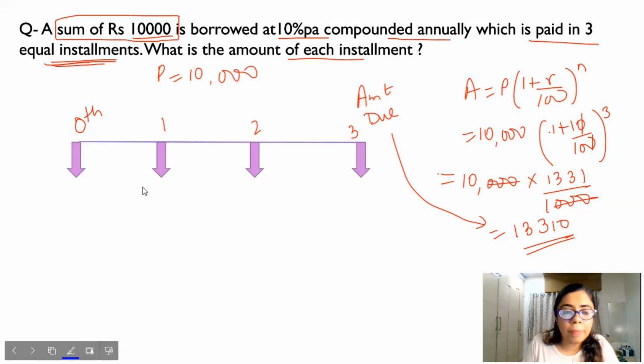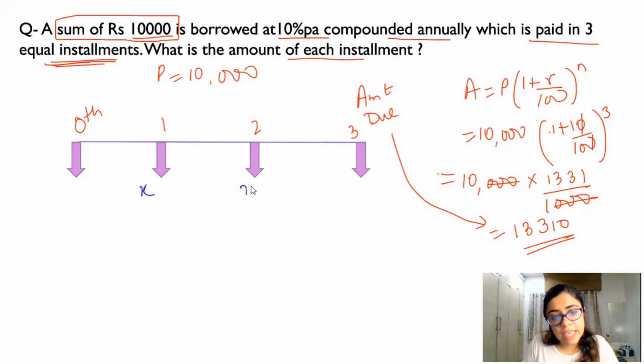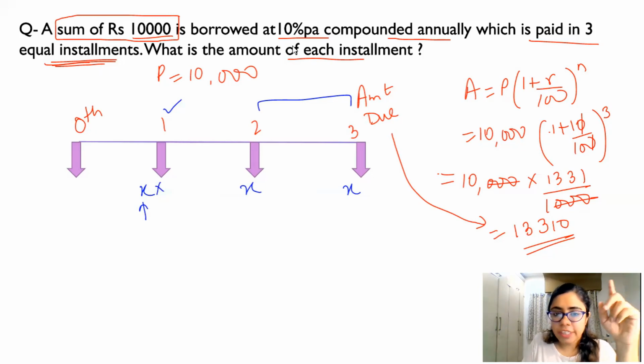Let's say first year, you're paying an installment of X rupees. Second year, X rupees. Third year, X rupees. But the first installment is paid 2 years prior. It should have been paid at the end of 3 years, but you paid it at the end of the first year only. So you paid it 2 years earlier. Then what happens is, this will generate an interest for 2 years. So X, then into, now this is compound interest, rate of interest is 10%, so this will become X into 1.1 squared, because 10% interest for 2 years. Okay?